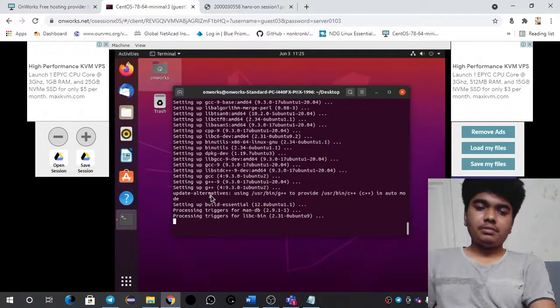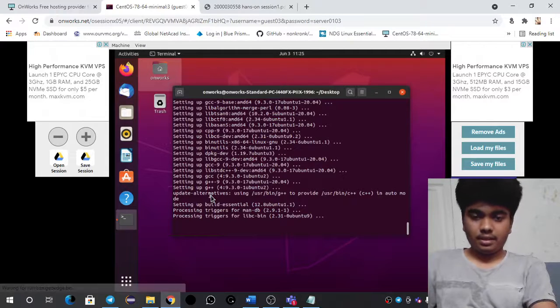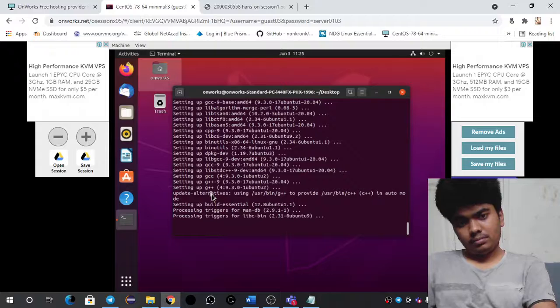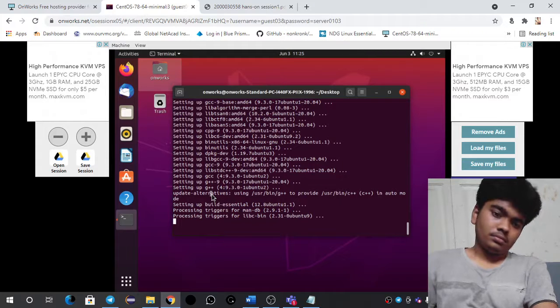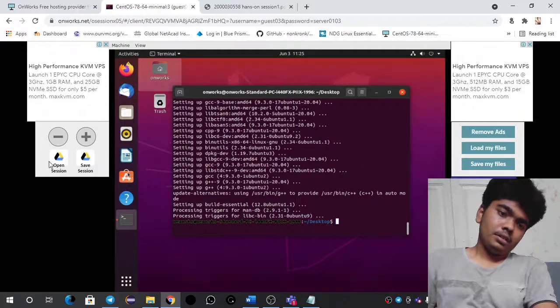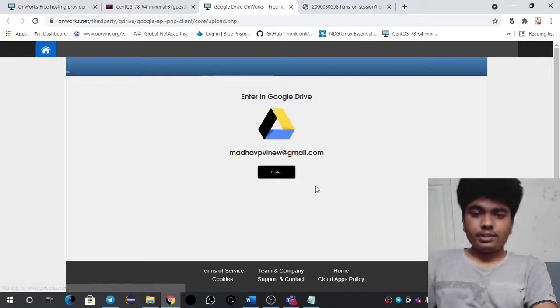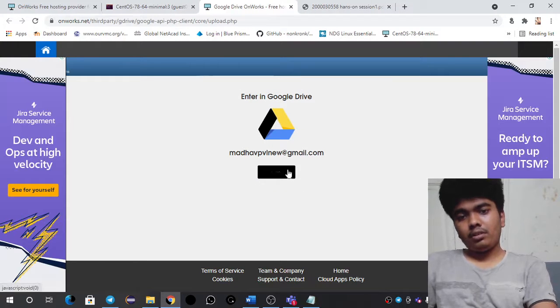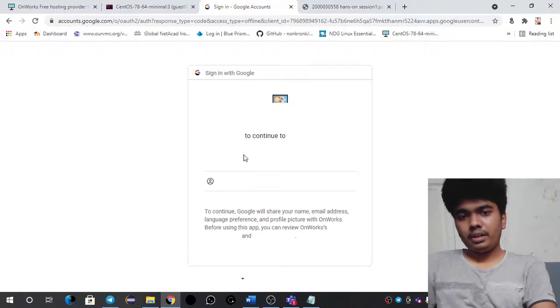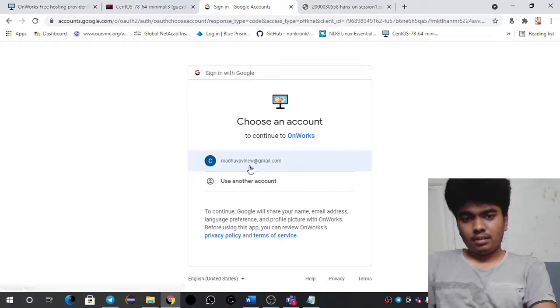I think we need to wait for 2 to 3 seconds. Yeah, fine. So now let us click on this save session, and for saving the session we need to click on our Gmail credentials and all those things.